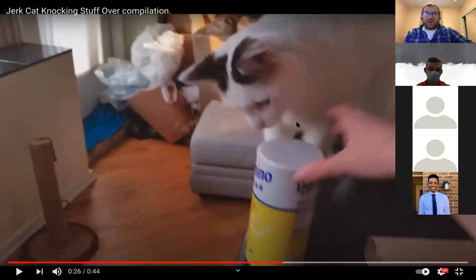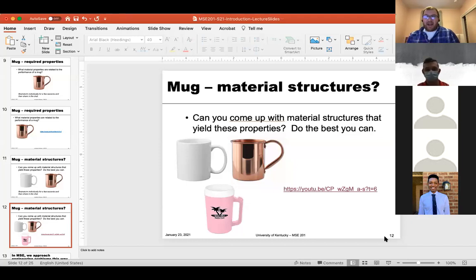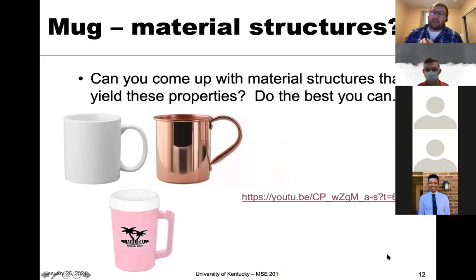All right, so the goal here was I wanted you to think about the various types of mugs, different materials, and how that kind of affects the properties. So with the plastic, you know, again, if we drop that, if that cat knocks it off, we wouldn't expect it to shatter into a million pieces, right? So the mechanical properties, that ductility that somebody mentioned, which again, we'll talk about more later in the semester, but that is different with these materials.